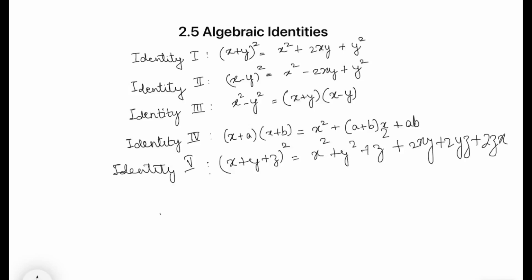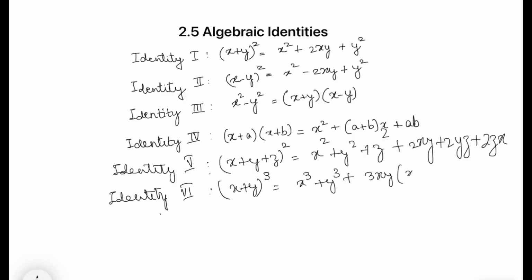The next identity would be identity 6, x plus y whole cube. This is equal to x cube plus y cube plus 3xy multiplied by x plus y. In the next section, we'll solve certain problems using these identities as well. But before we go, let's look at